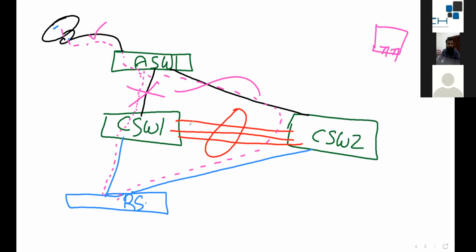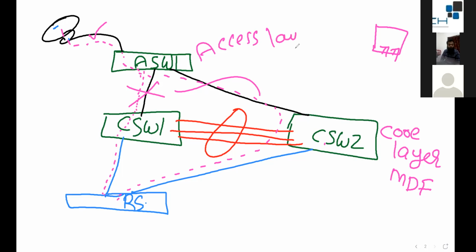Here you have a core switch and here you have an access switch. The core layer is located in your MDF room, and you have an access layer, which is in the IDF.